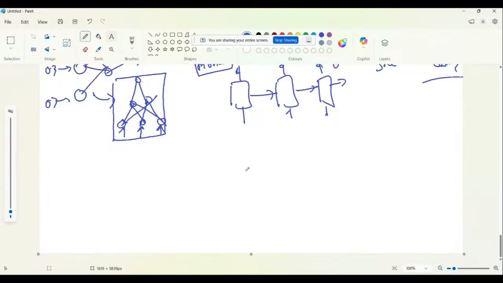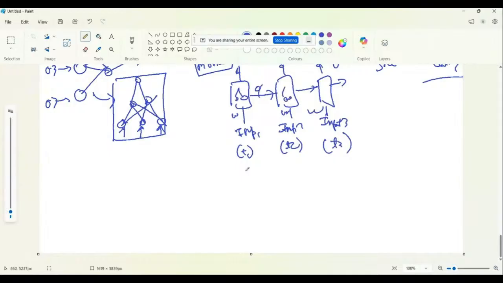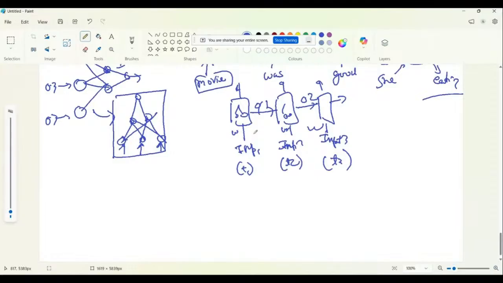So overall, the architecture works like this, where here I will feed the input, okay, input 1 at time t1, then input 2 at time t2, input 3 at time t3, okay, and then it will learn about the weights like this, and those weights it will learn over here, and here is the output, okay, output 1, output 2, right? That means the next neural network over here, okay, that is responsible for the "was",